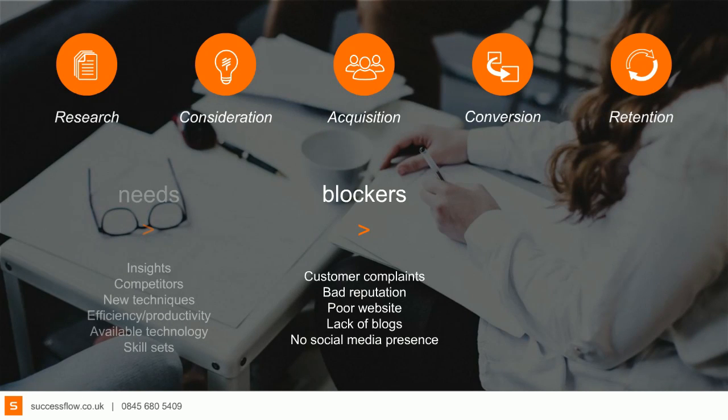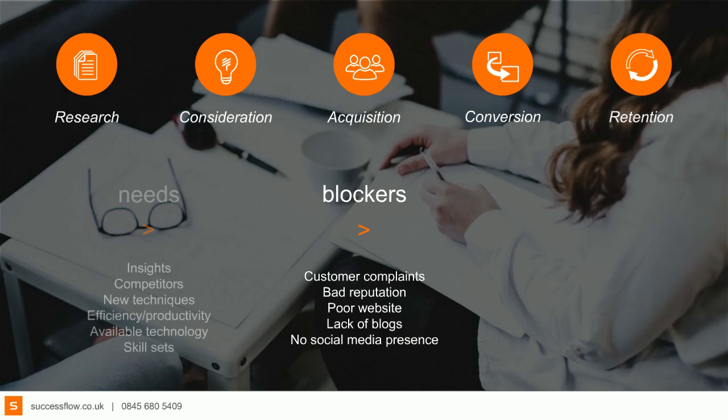For example, for this guy who's looking for his marketing automation platform, if you've got a website that's got poor SEO rankings, you've not got content going out there, they're not even going to find your initial research content. So they're not going to start to go down your buyer journey because you're not giving them what they want at that stage. You might have lots of really quality premium content aimed at the acquisition and conversion stage, but if you haven't got the snackable content up front, they're not going to even start that journey. So think about what's stopping them across each of these phases.